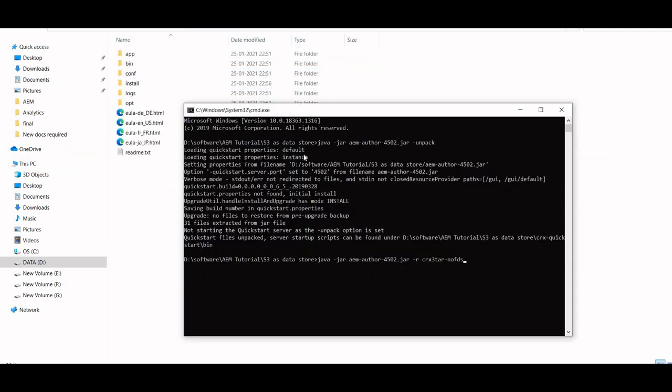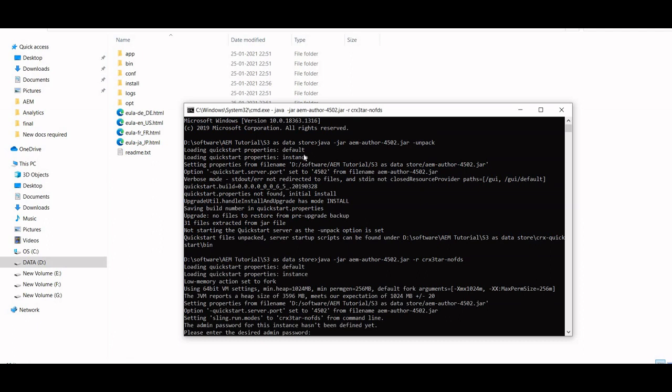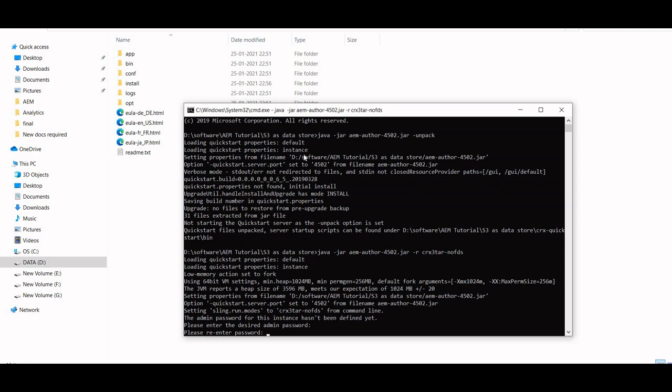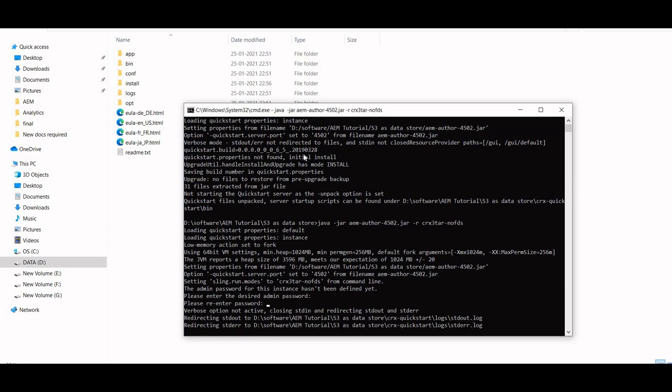Okay, let's just run this command. It will ask for the password. I'm just providing the password. Just re-enter the password again.